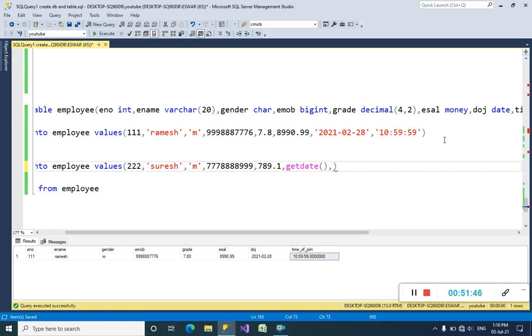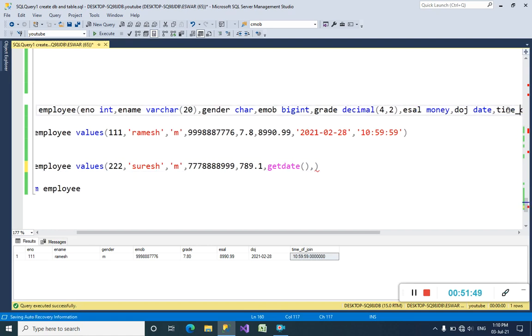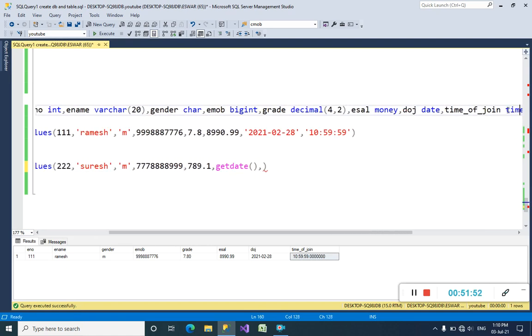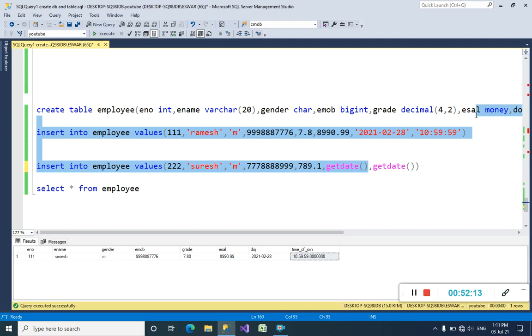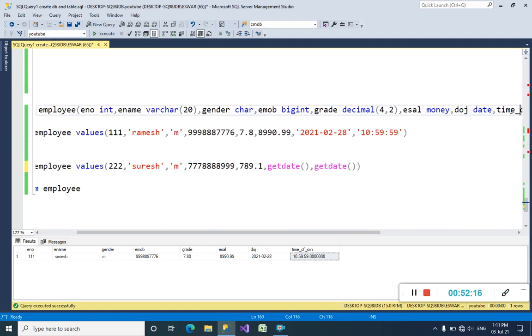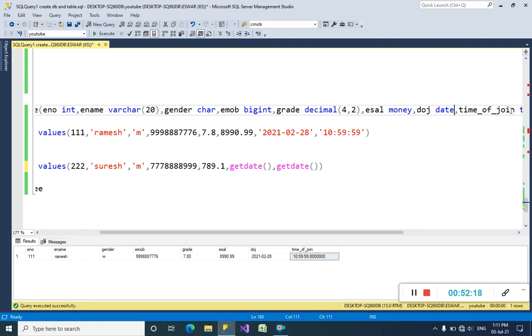Also the time, guys. Next we have to store the time of joining. If you write the getDate function, it has date and time, guys, but we declared the date of join column as a date, so it will take the date only here.